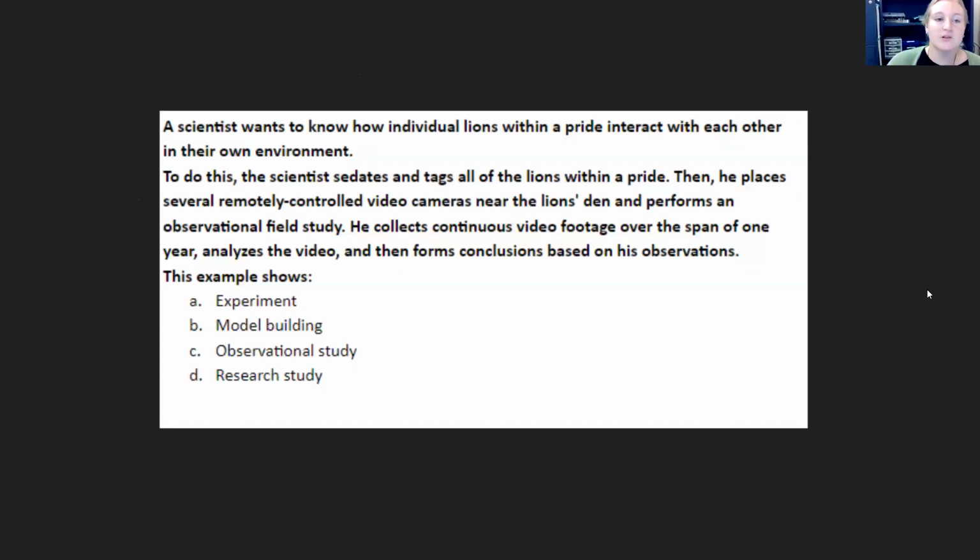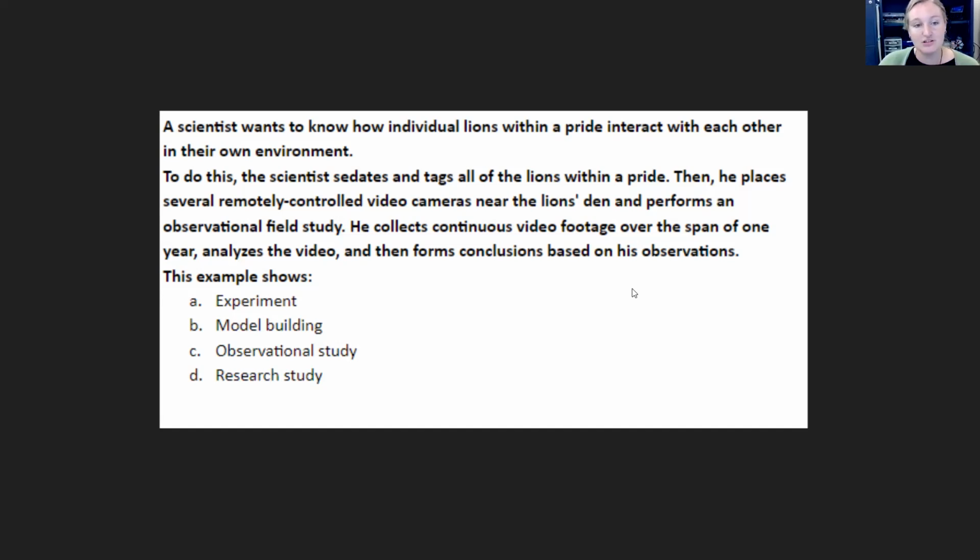All right, so here's an example of that. A scientist wants to know how individual lions within a pride interact with each other in their own environment. To do this, the scientist sedates and tags all of the lions within a pride. Then he places several remotely controlled video cameras near the lion's den and performs an observational field study. He collects continuous video footage over the span of 1 year, analyzes the video, and then forms conclusions based on